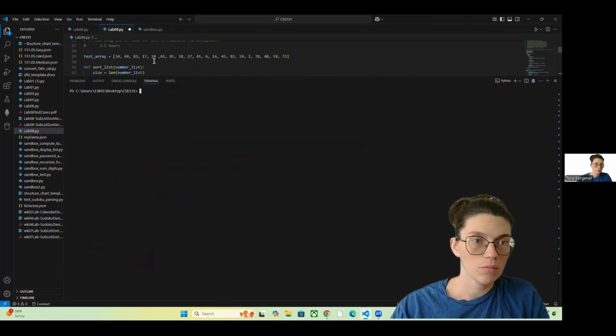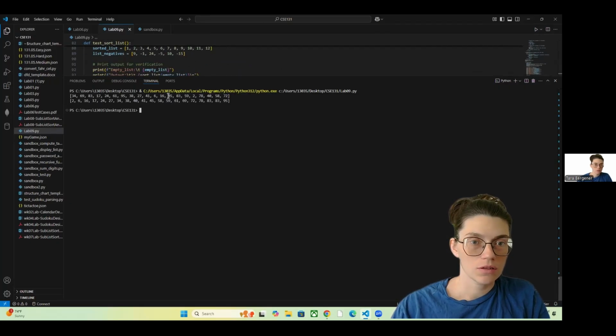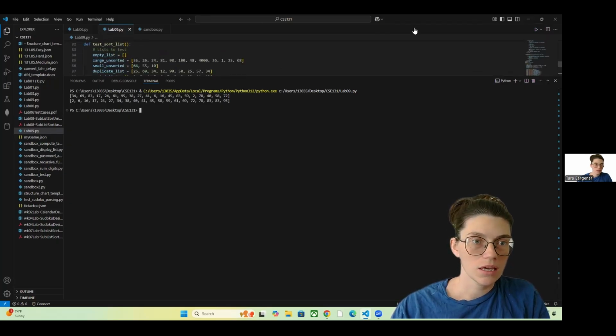So for my program, I have just a test array that I was going to run through here for the sake of time. So as you can see, it prints out the original array and then the sorted array. And then with my test cases,